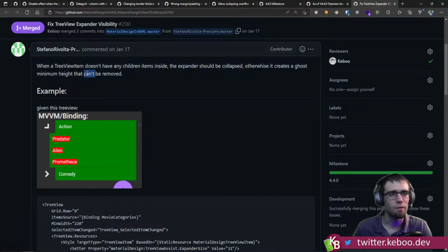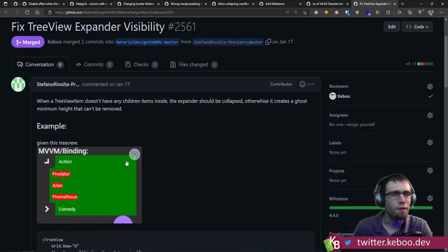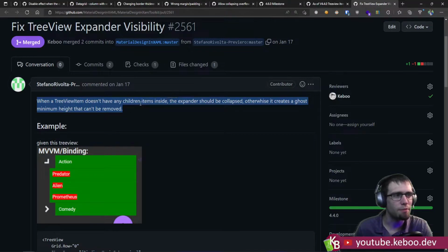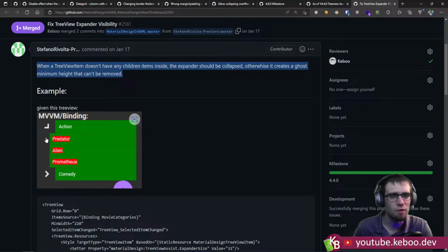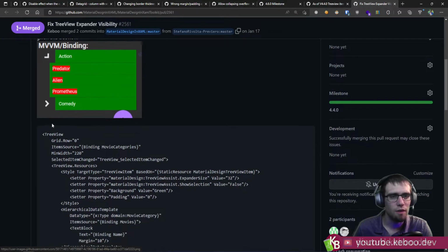Otherwise it creates a ghost minimum height. So I want to make sure we don't flip-flop on this, but let's double check. It should be when a tree view item doesn't have any child items, the expander should be collapsed. Otherwise it creates a ghost. Given this tree view,